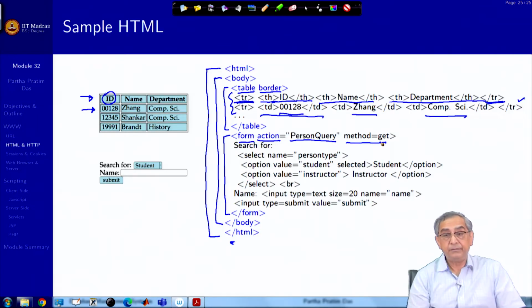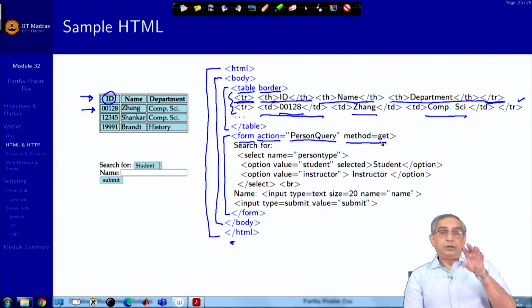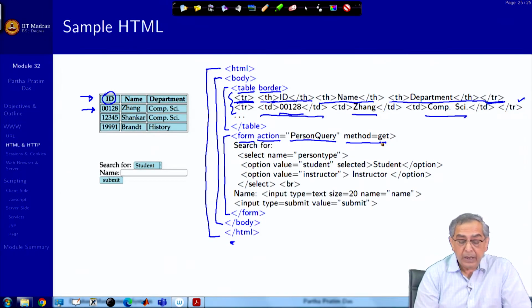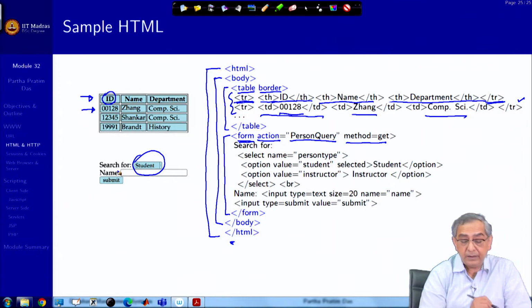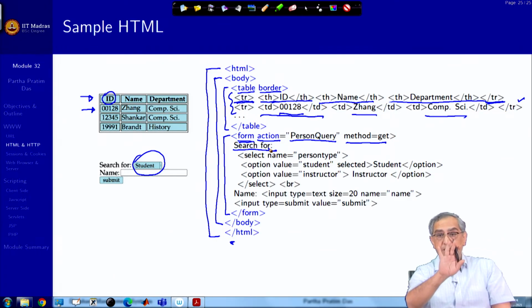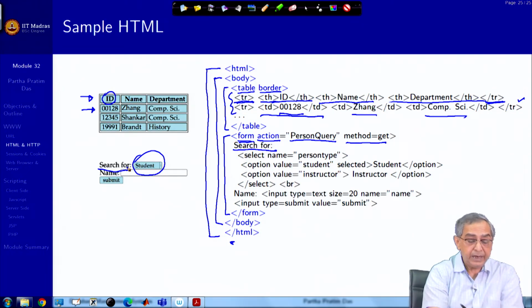Method is get, which says that when the form is completed and submitted, then what should we do? You should get that data. That is what I intend to do. Now, on this form, I have written search for, which is a normal text, and then here I have